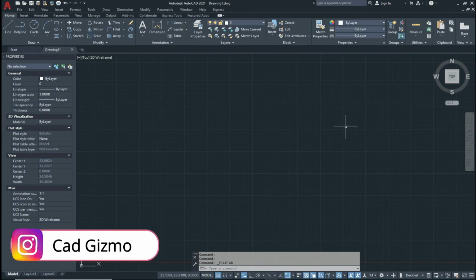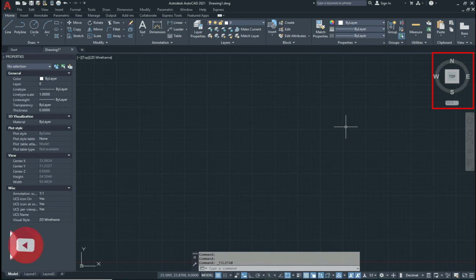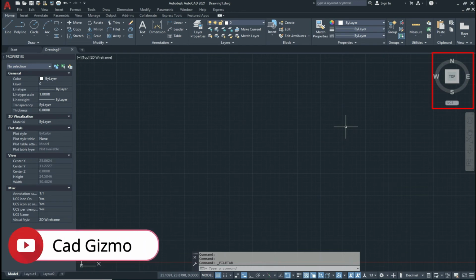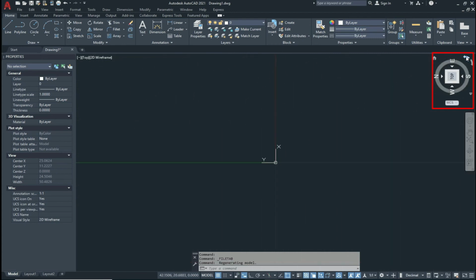Now we discuss the View cube. This is our View cube, and the View cube is in the upper right corner of the drawing area. View cube is basically used for navigating a three-dimensional drawing. You can move it anti-clockwise and clockwise.